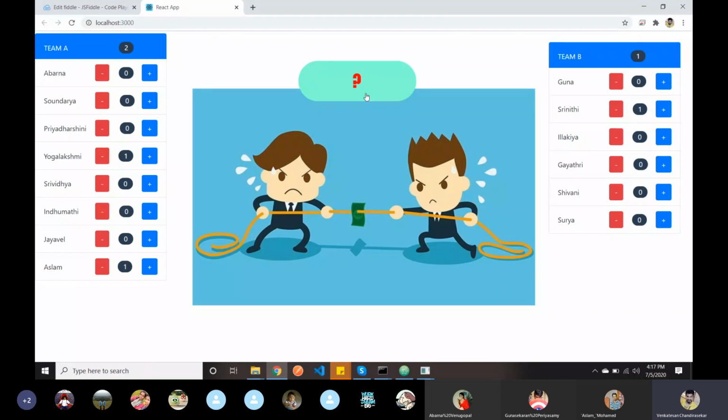What is the spread operator? Why do we need this? Team B, Shivani. Shivani, can you hear me? Yes, sir. Once again, what is the spread operator and why do we need it? We use the spread operator in the reducer, sir.